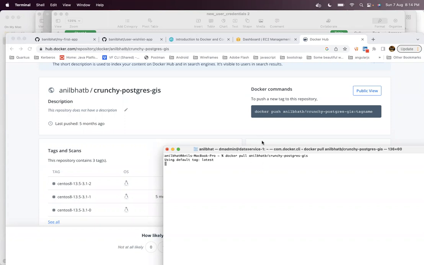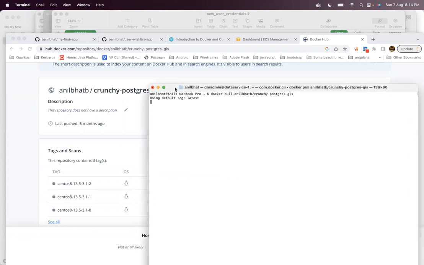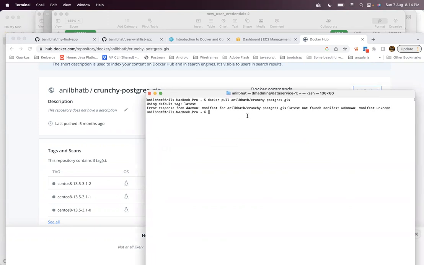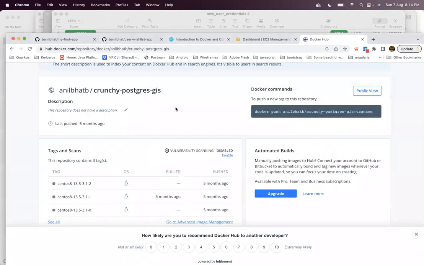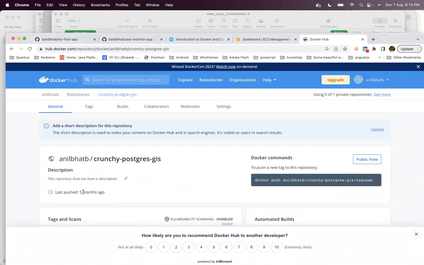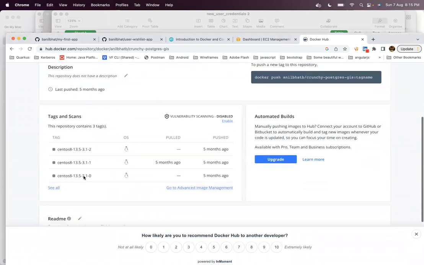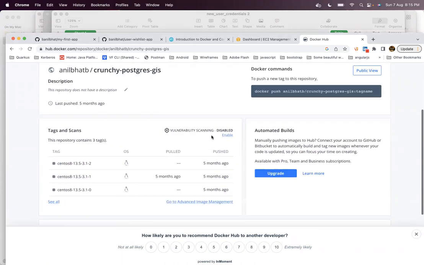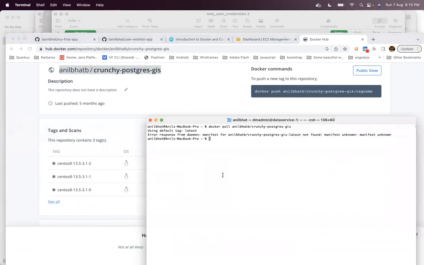By executing this command, it is trying to look. I am not connected. Okay, so let me see what the version is. Yeah, this is what crunchy represents. Anil but B slash crunchy PostgreSQL, right?